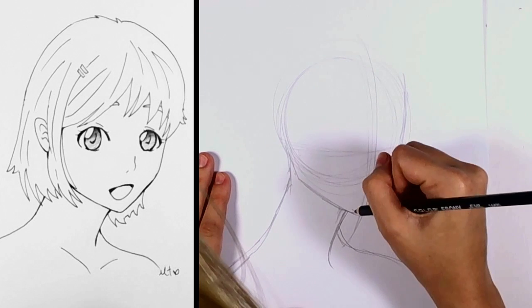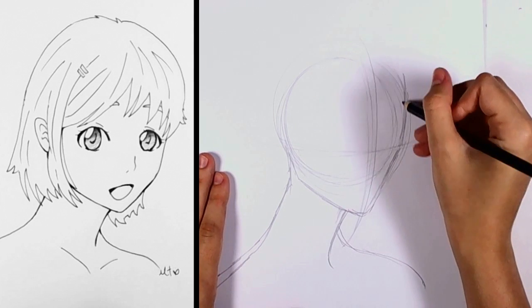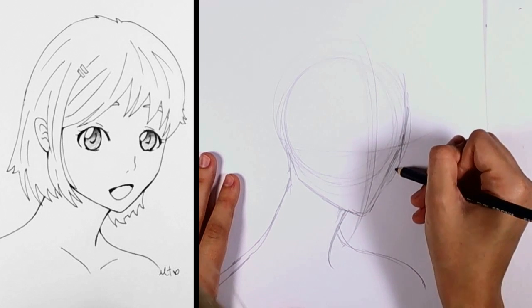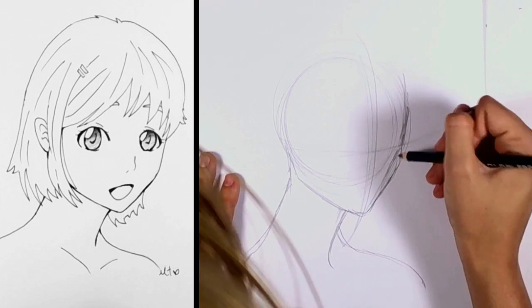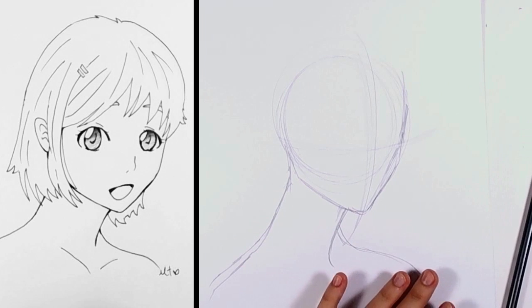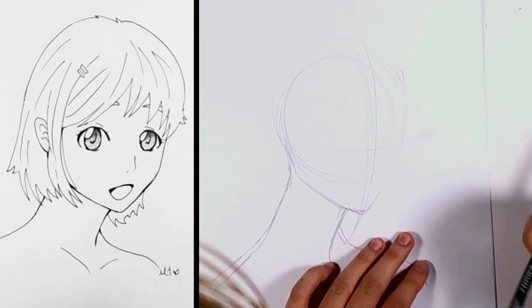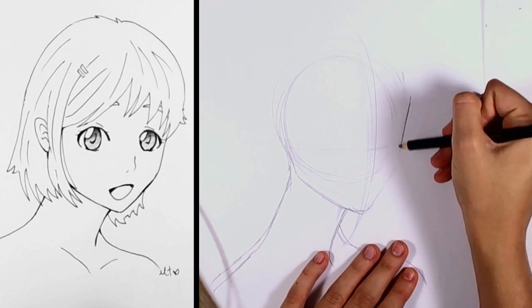So those lines that we just put in are for the placement of the eyes and nose and ears and mouth. Lots of erasing, so